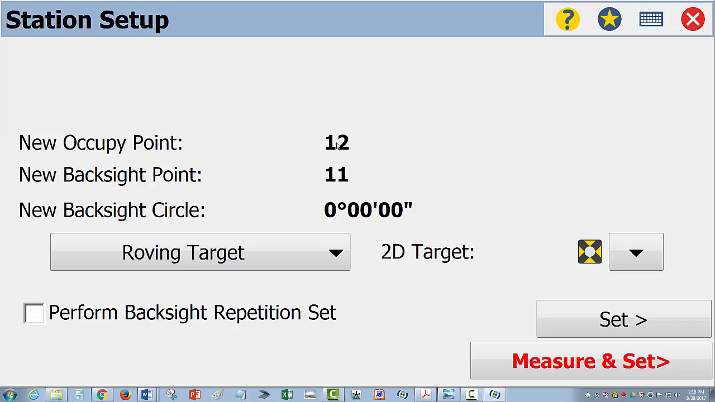It says, hey, you have now moved the instrument from point 11 to point 12. So that's your occupied point. Your backsight point is 11. And we're setting the backsight circle of the instrument to 0 degrees. That's not an azimuth. That's the reading set in the horizontal circle of the instrument on the backsight. Okay, so if I say measure and set,